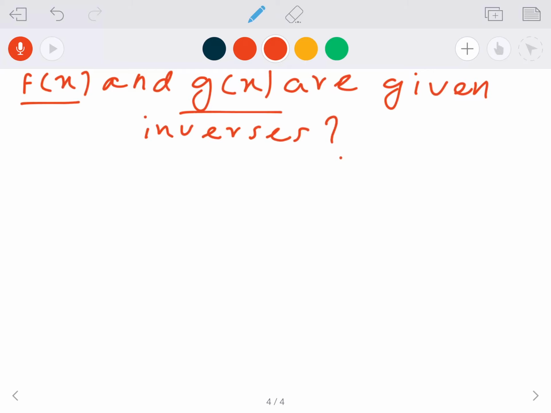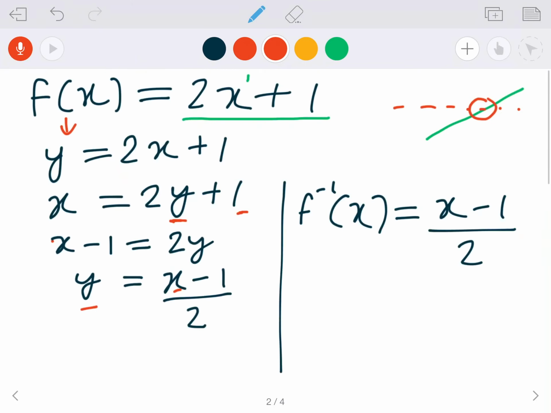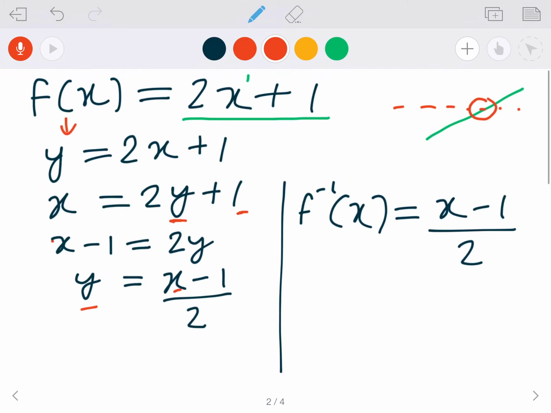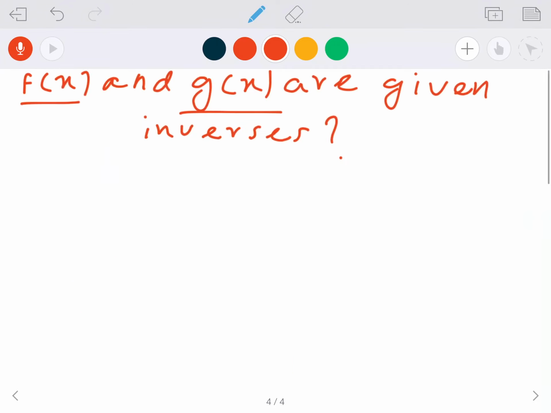If just one function is given, then we can follow 4 steps to find the inverse. But if 2 functions are given, and we need to know whether these 2 functions are inverses or not, then the idea here is